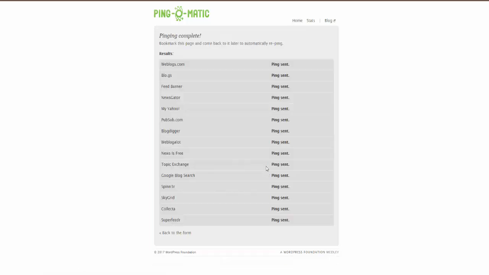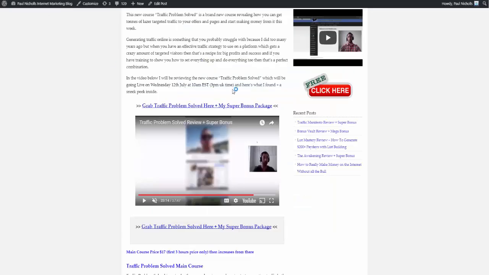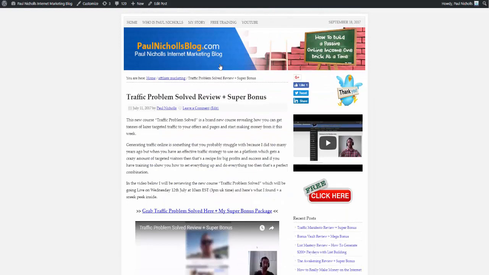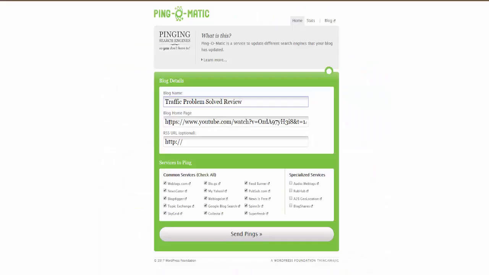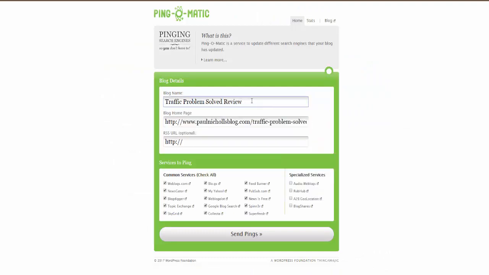Once you ping it, it just does this, okay, ping sent. So you just do that, and then you just click back, refresh the page, and then what you can do is actually go to your actual blog and pull the URL from your blog as well, and when you come back here you can just ping your actual URL from your blog, and you can maybe change this slightly as well,